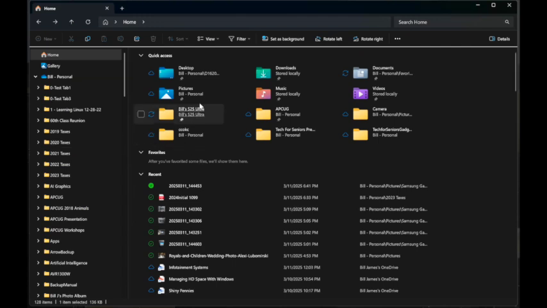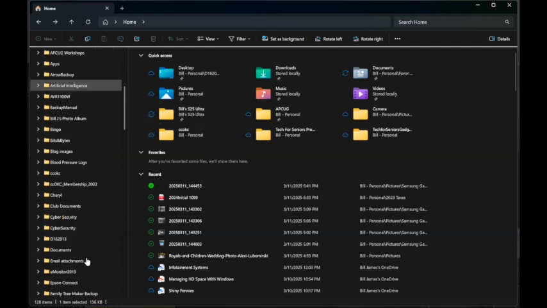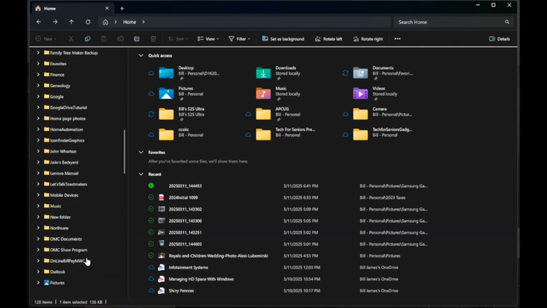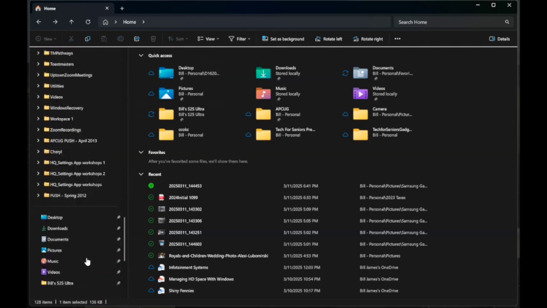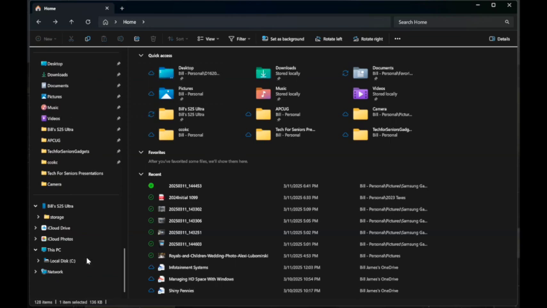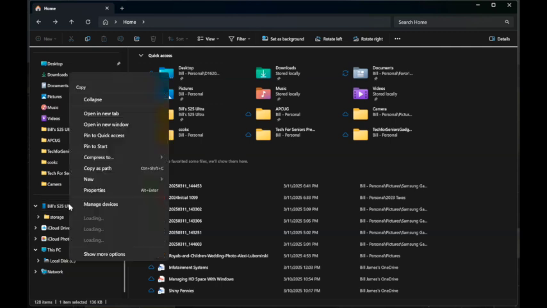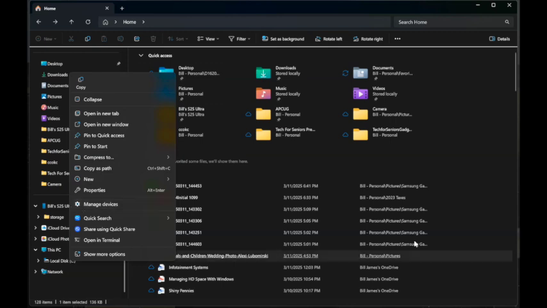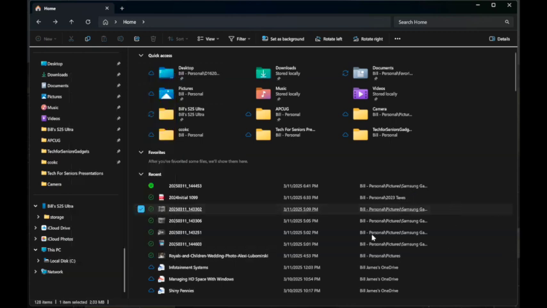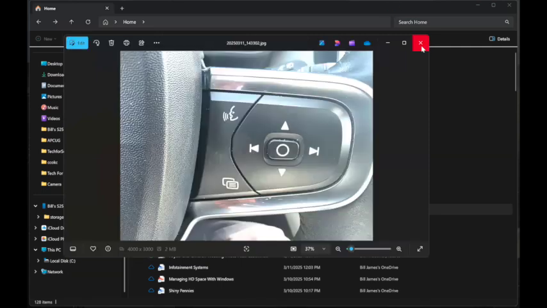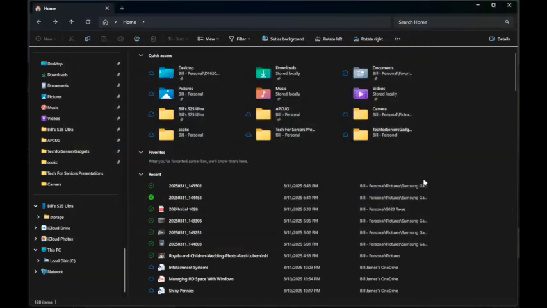I showed you where I had my phone synced so that I was able to get to my phone files within File Explorer. As you can see here, this is my phone, and it's actually linked here. So to be able to do that